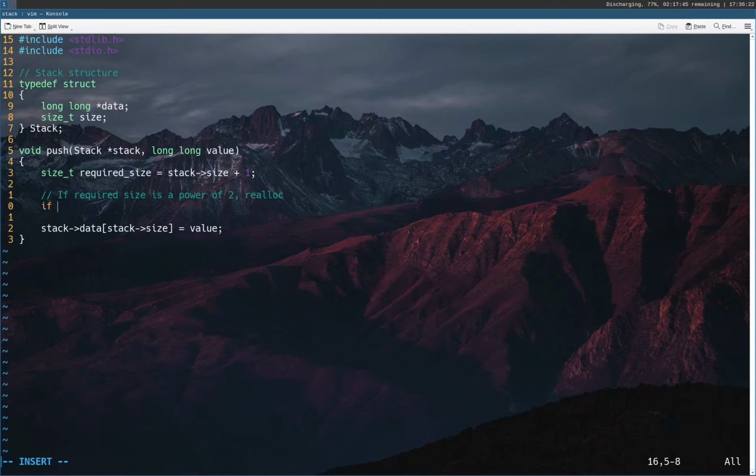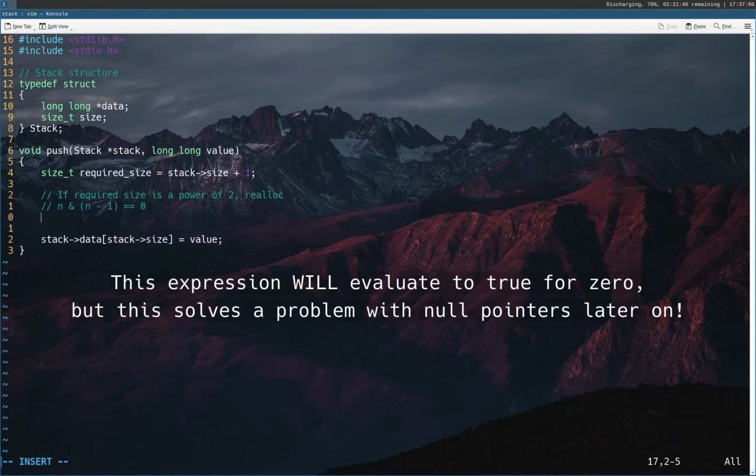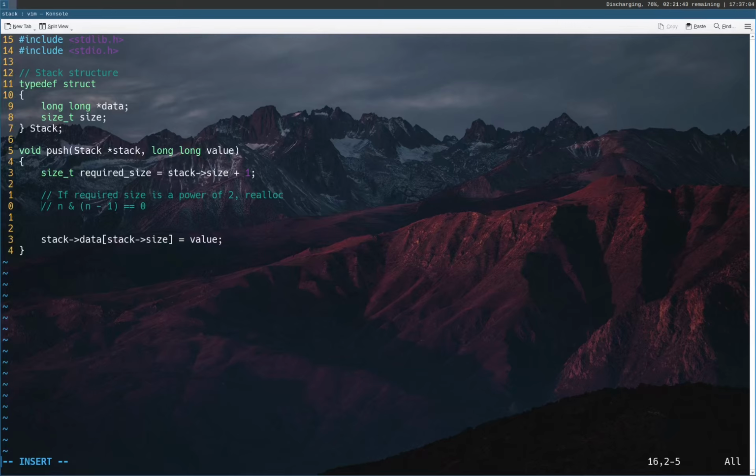How do we check for that? Well, a great way to check if a number is a power of 2 is by saying n and n minus 1 is equal to 0. This is the simplest way. Now, obviously, there's going to be some issues there. However, conveniently enough, with required size, we do have two numbers that are 1 away from each other. So we will simply, if required size and stack size is equal to 0,